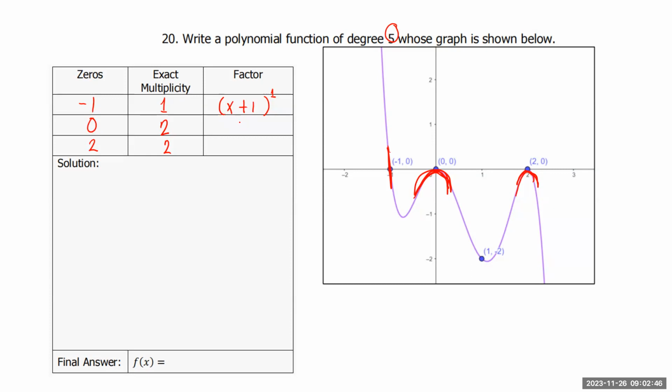So x minus 0, we can just write it as x. And since its multiplicity is 2, we need to square this, or x squared. If 2 is a 0, then x minus 2 is a factor. And since the multiplicity is 2, this is raised to the second power. So combining all the factors and writing our polynomial this way,